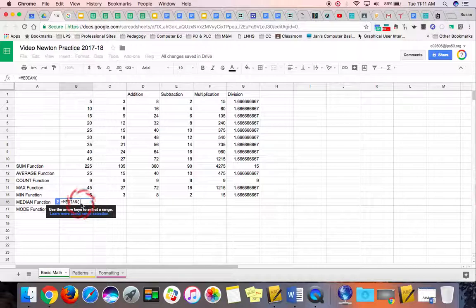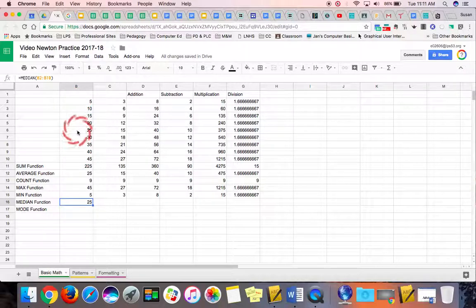So I can highlight or type in what I want it to find the median of. And we're still working with B2 through B10. Remember that the median is the number in the middle of a set of numbers. So for us, this was 25 in this one. You can autofill that over,